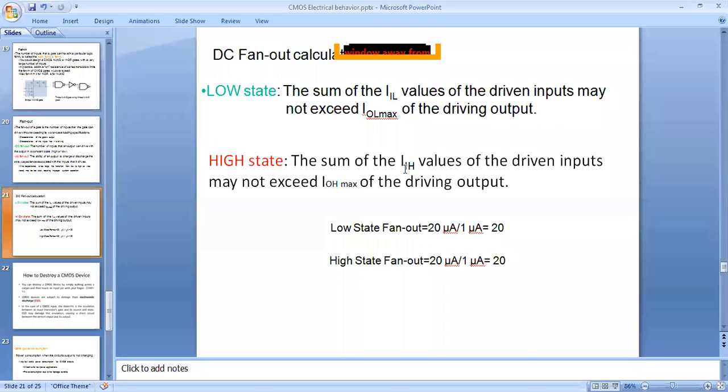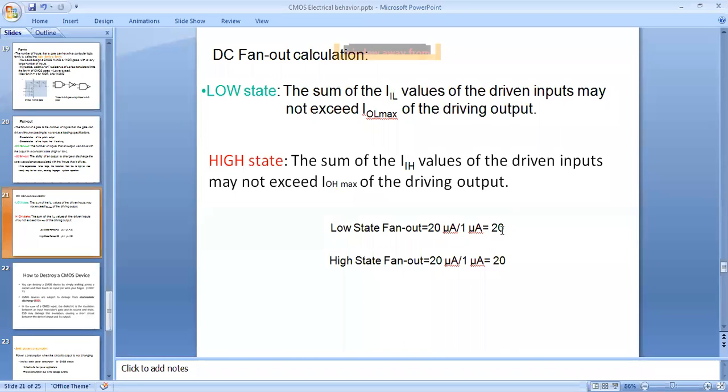After that, I explained about 2 currents. After doing the analysis, I told you sink current and source current, that is IOL maximum and IOH maximum. Sink current always flows from the supply out of the load, and source current always flows through the load into the load. So if we take the ratio between IIL and IOL maximum, and IIH and IOH maximum, then we get fan out.